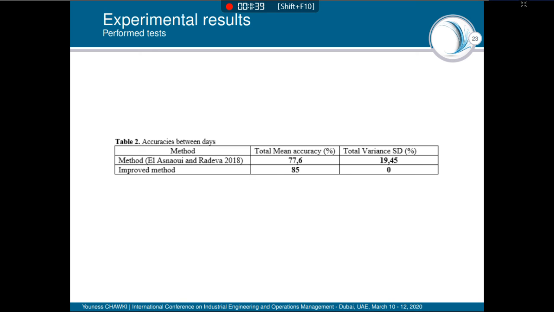Table 2 shows the variance of the improved method. The low standard deviation means that most of the data are very close to the average. We could say that the pre-processing and distance computation stages are better than those done in the other method. That means our approach is an improved method of the last method.